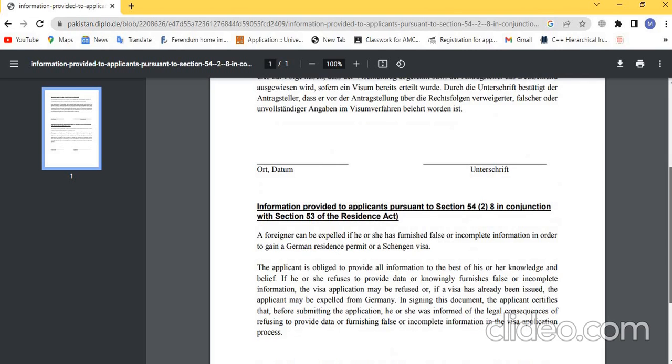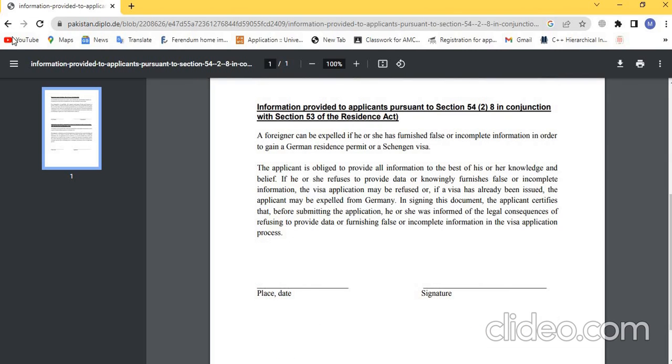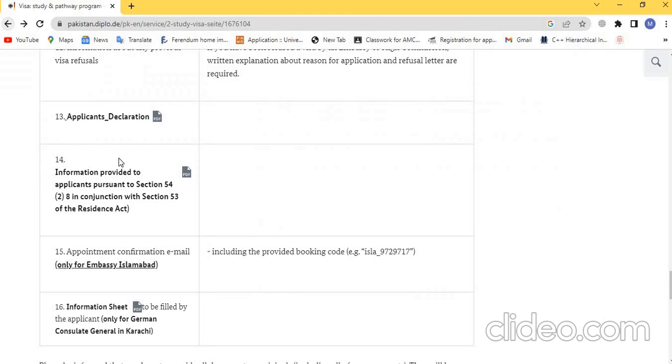And after that there is also one more letter, you should open number 14. This letter is also a declaration letter. You just need to read it carefully in your spare time. Okay, these are the general requirements. After that, the second last